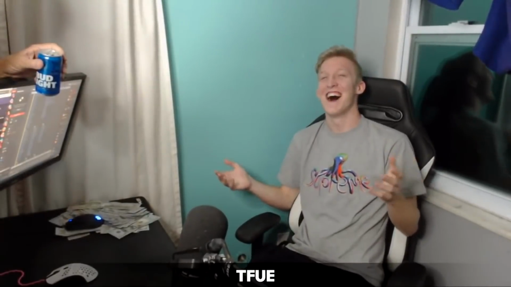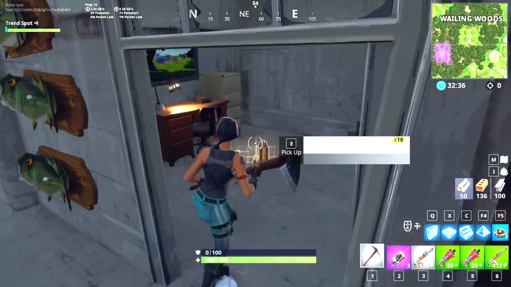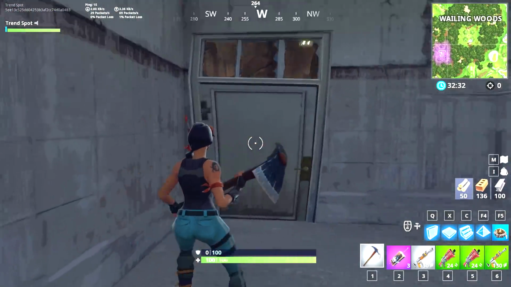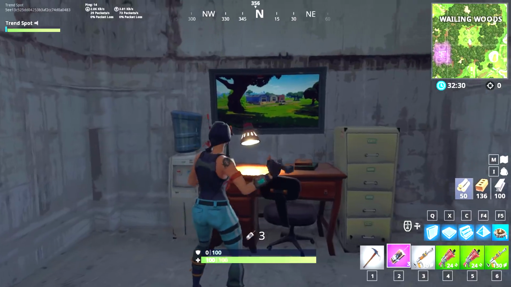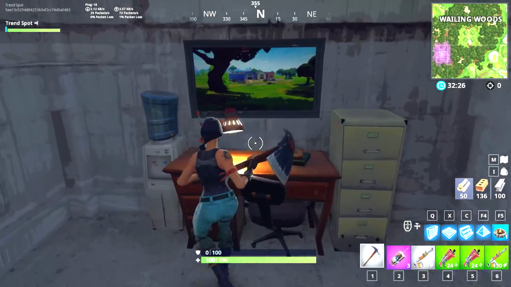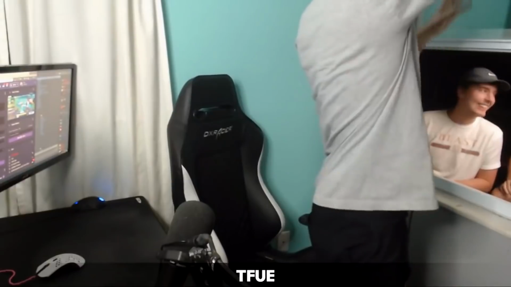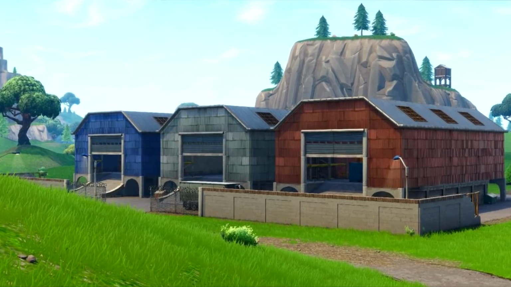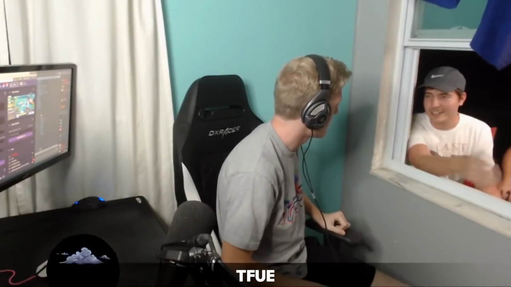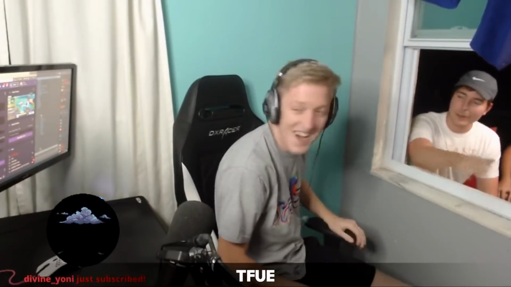land. Anyways, there's a painting of Dusty Depot that just got added in the underground bunker area in Wailing Woods. A lot of people are wondering why this was added. There's been a lot of talk of Fortnite adding a time travel update, which means that they could be bringing back Dusty Depot as well as other locations that used to be on the map. I know for sure many players would love to see this, and it could get old players to start playing